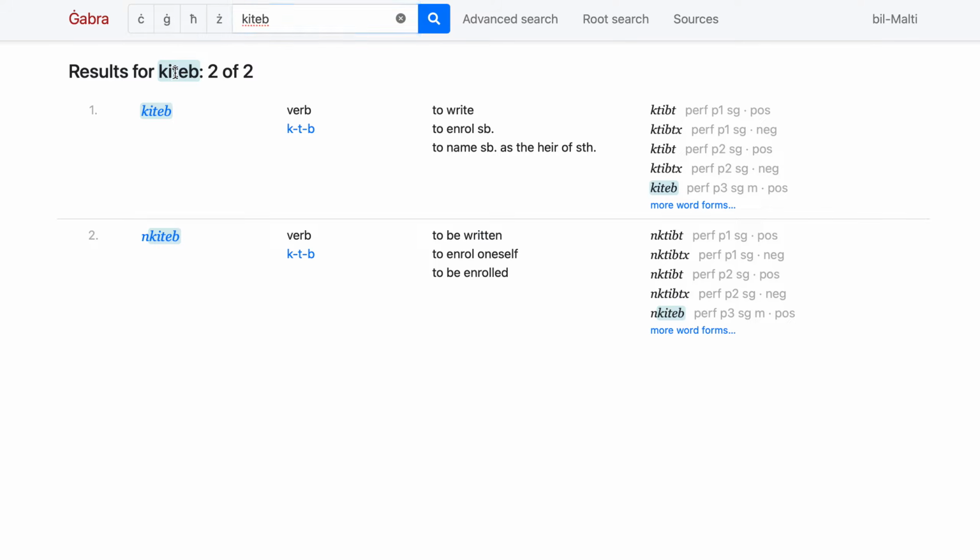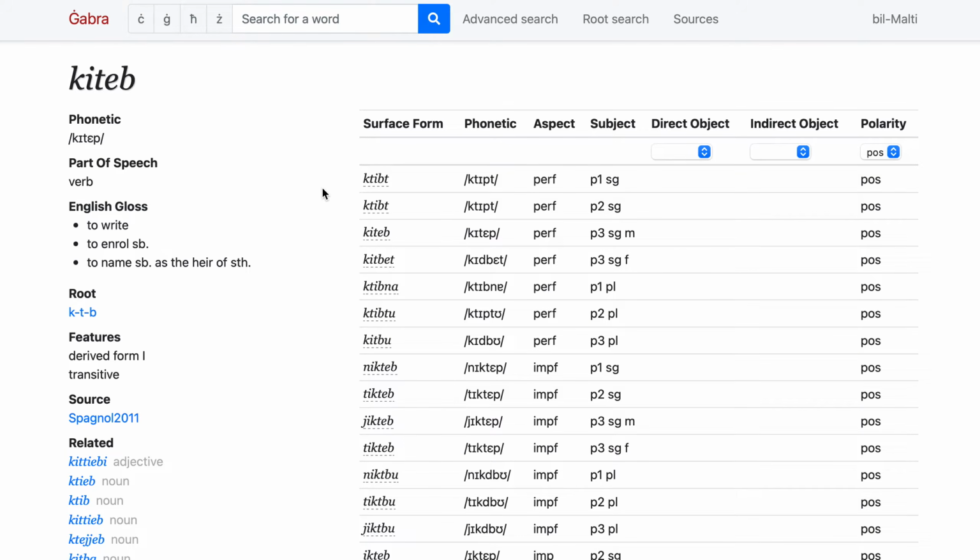If you type in Kitab, which is the third person in the past tense, it's somehow used like an infinitive, but it does not have the function of an infinitive. If you're looking in a paper dictionary, you would need to go there. You would need to write Kitab, the third person in the past tense. So we're going to click on Kitab.